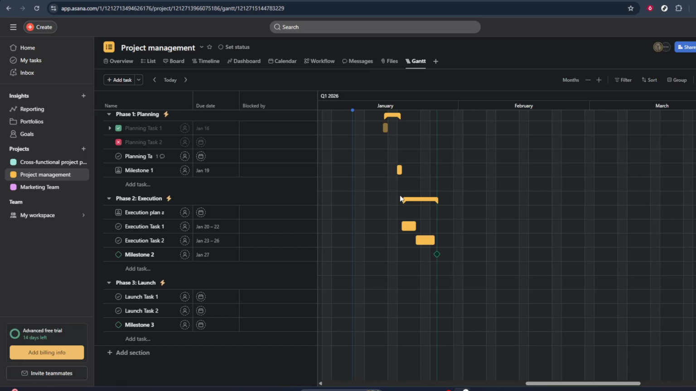Asana will then create that new view for your project and open it immediately so you can start using it. From here, you can customize filters, sorting, and layout just like any other view, and switch between your views at the top whenever you need a different perspective on your work. That's all you need to do to